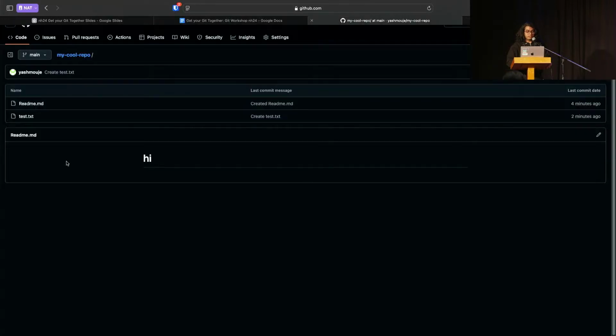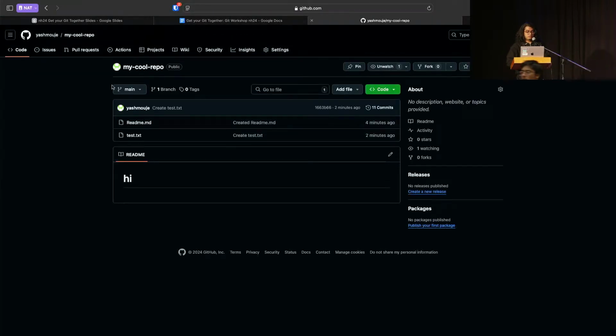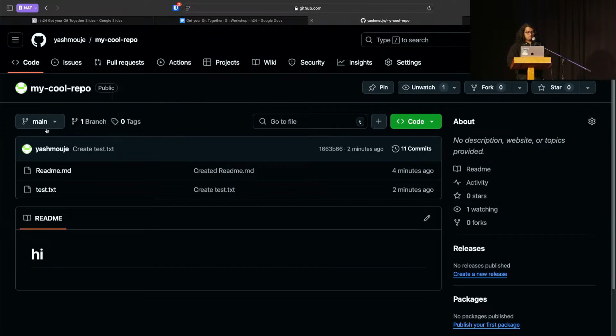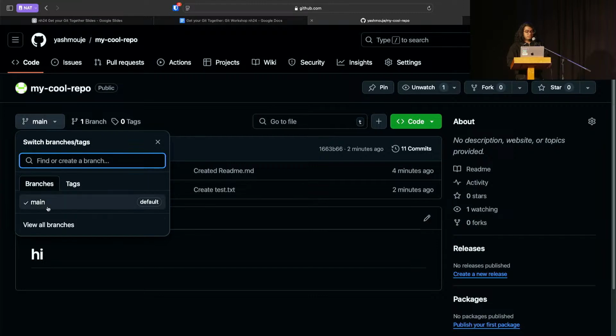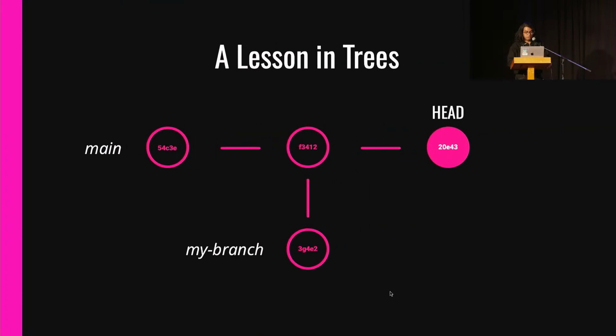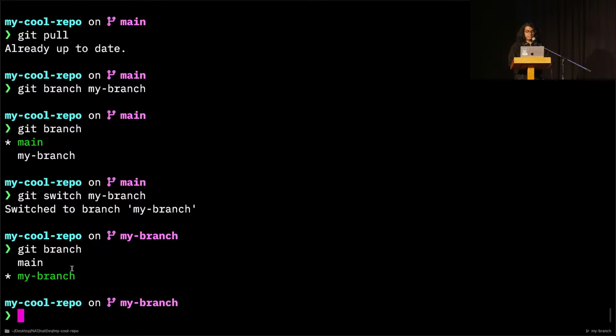So now once I go on GitHub and I refresh, in the branches section, it just shows that there's a main branch, but locally there exists main and my branch. What this means is that my branch exists locally on my computer, but GitHub does not know about it. So to let GitHub know that I have created a new branch, I'm going to run git push